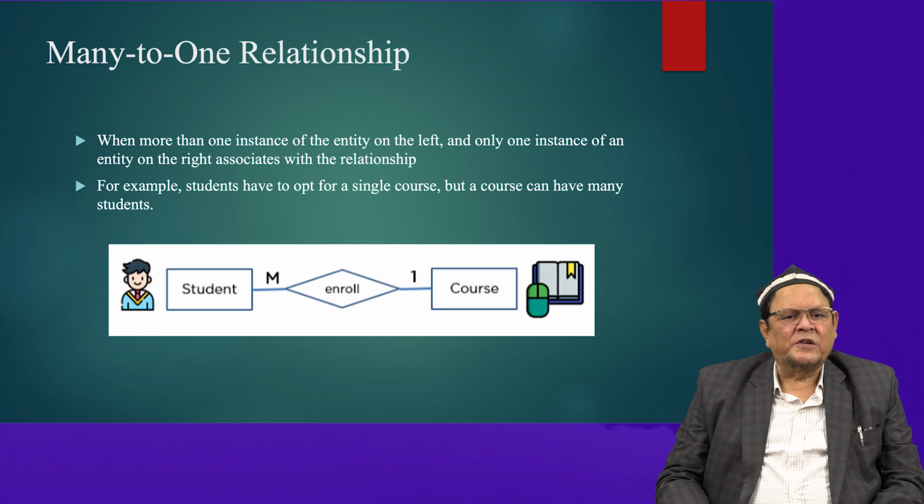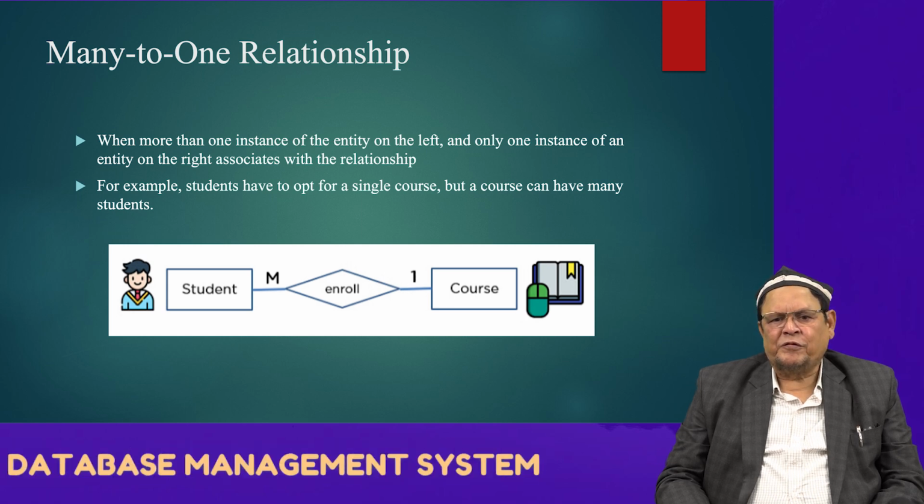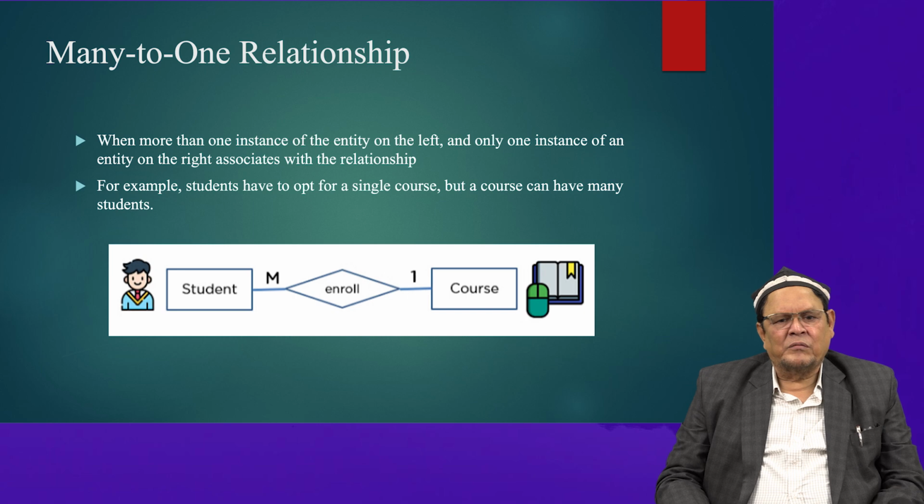The next relationship is the many-to-one relationship. This is when more than one instance of the entity on the left and only one instance of the entity on the right are associated with the relationship. For example, a student has to opt for a single course, but one course can be taken by many students. In an ER diagram, a many-to-one relationship denotes